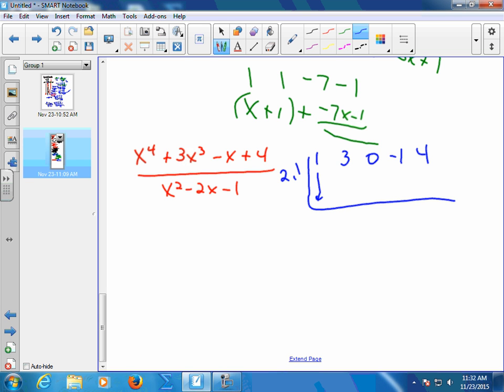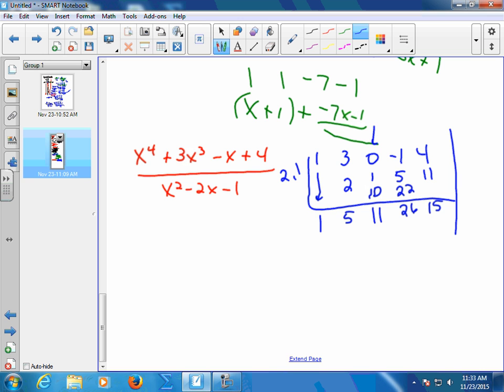Read it left to right. Everything's left to right. So left to right, multiply. 2 times 1, 2. 1 times 1, 1. Stop right there. Add it down. Multiply left to right again. 5 times 2 to the right, 10. 5 times 1, 5. Stop. Add this guy down. 2 times 11 to the right. 1 times 11 to the right. Once you reach this point, the end, add everything down. So this is going to give you 26,